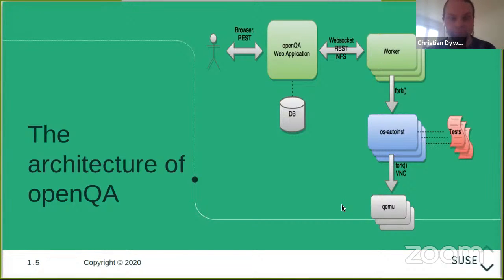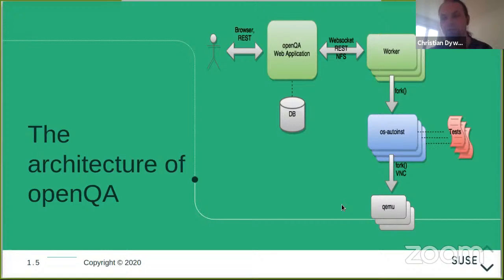So this diagram might help understand a bit better what I mean by this process that is being done. On the top left, you see this nice little stick figure that symbolizes the person using openQA.